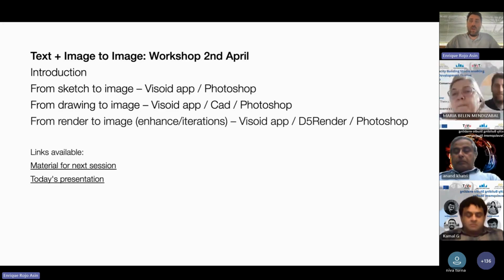Also, I try to 3D print a lot of models, because I have a 3D printer, and by taking pictures of those models I can also generate images. In that sense my workflow is easier, because I don't lose time just printing or making the 3D model. With this 3D model that I can touch, I can take a picture of it and from it try to render some images that maybe are not the final ones, but they allow me to decide on some topics of the building, for example.